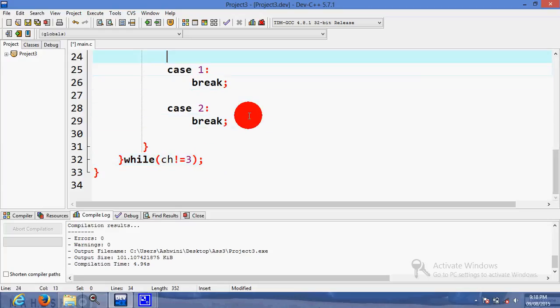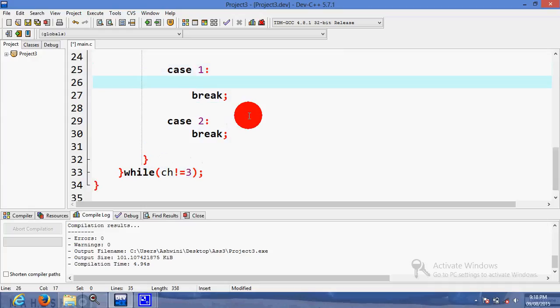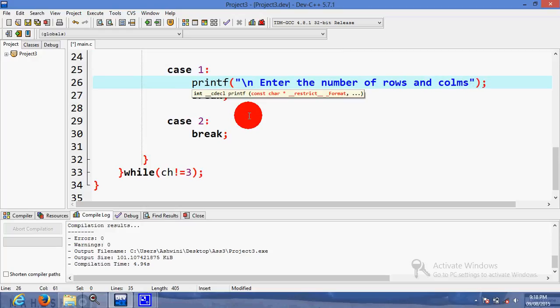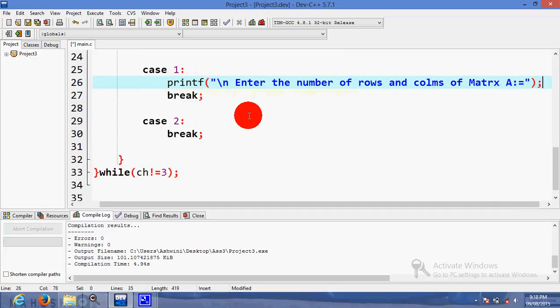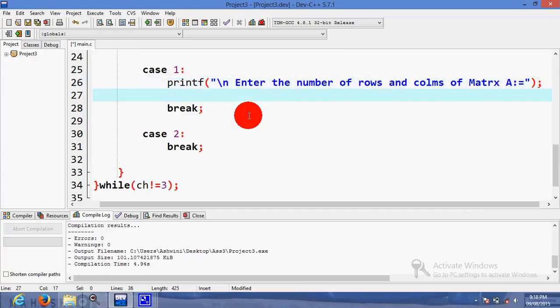Now case 1 is what? We have to accept the matrix. So before accepting the matrix we should know exactly the number of rows and columns. So first you have to enter the number of rows and columns of matrix A. How you will accept?